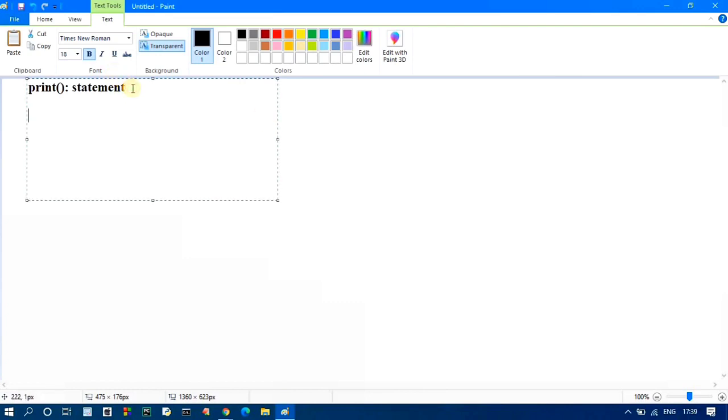The print statement is a function in Python. It's a predefined function. What is a predefined function? A function that is already defined in Python, in the Python libraries, is called a predefined function. It is used to print statements